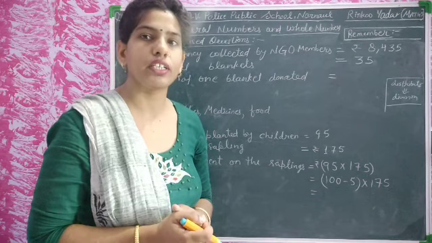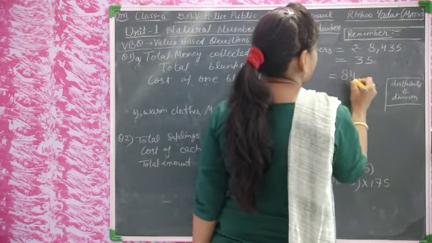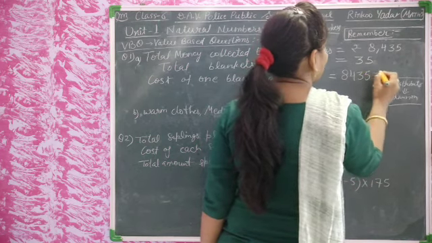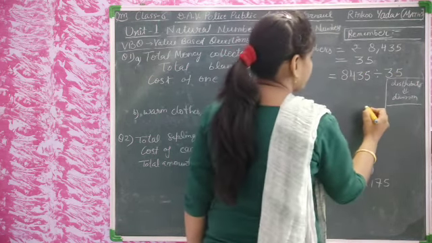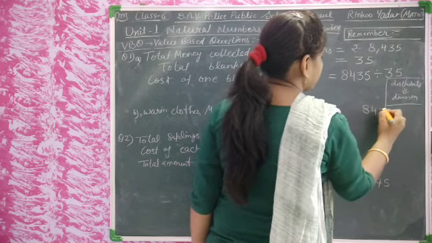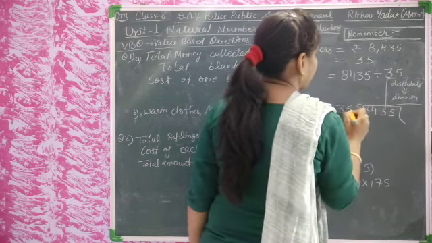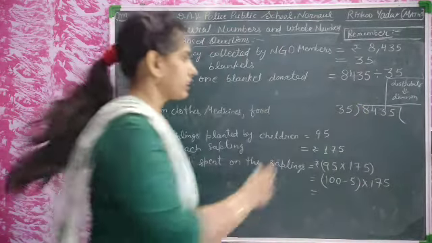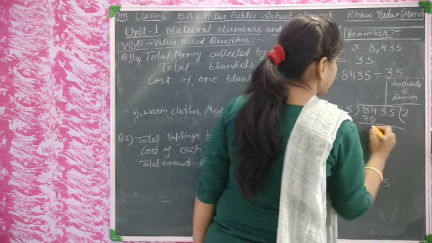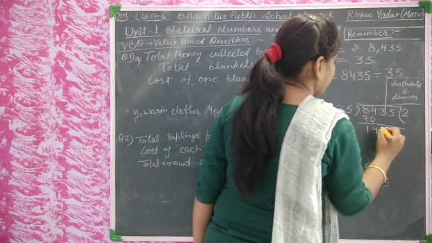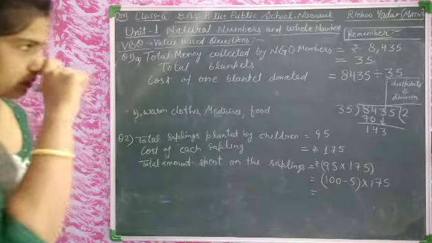So we are doing division here. 8,435 divided by 35. 35 into 84, 70 here. This is 4 and this is 1. This comes here 3. And the next number is